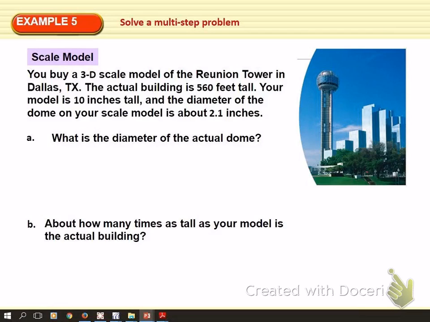Okay, so the way I see this is this. I'm going to compare the height of the model to the height of the actual building. That's how I want to set up my pattern: model to actual building. I can do it for the heights, and I can do that for the diameter of the domes. Go from the model, which is 2.1,